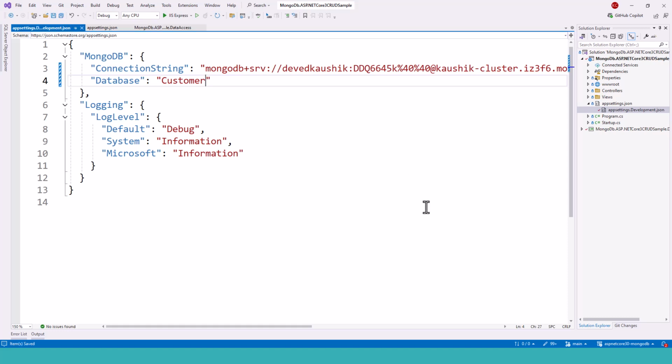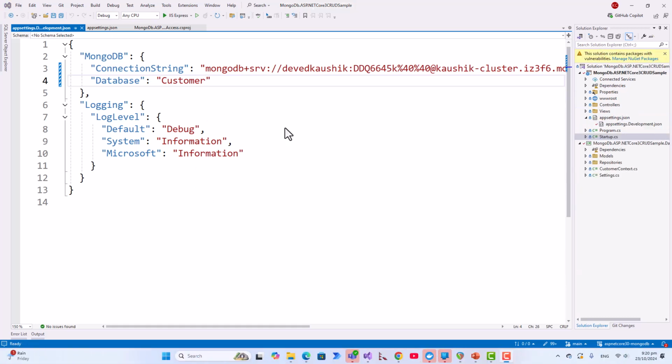So if you haven't seen my earlier lecture, which I created on how to create the MongoDB database on a MongoDB Atlas cluster with all the steps, please see that. And there I have created a customer database. So now as it is, if I click on this IIS Express button, it will run the program, no